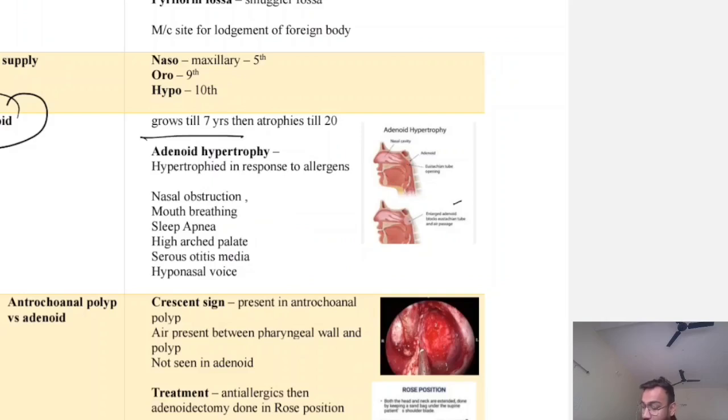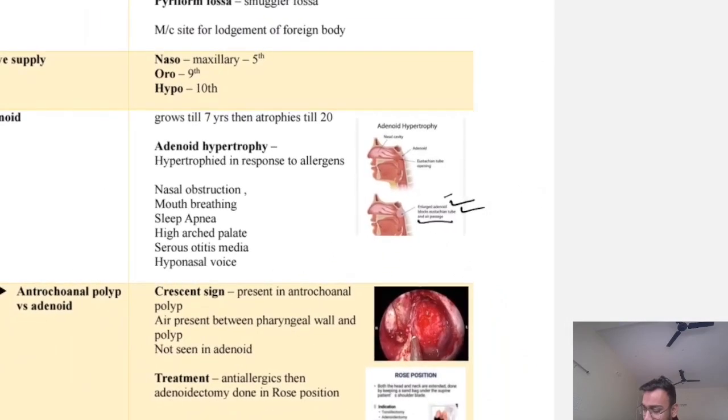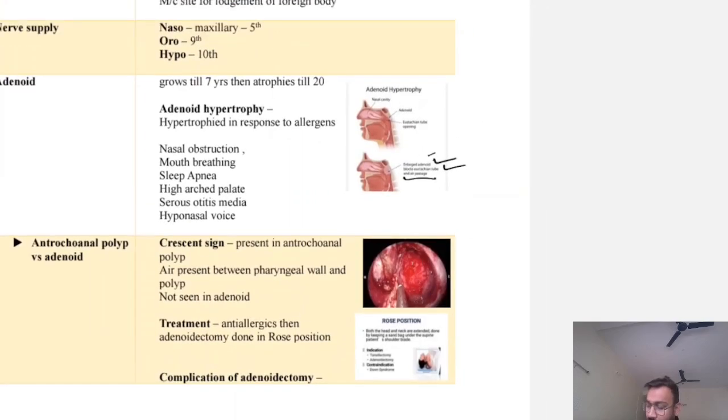So what is the adenoid? Adenoid grows till 7 years of age, then it atrophies till 20. It is a normal phenomenon. Okay. In case of enlarged adenoid, it blocks the eustachian tube and the air passage. Okay. So this is adenoid hypertrophy. So you have to understand in adenoid hypertrophy: nasal obstruction, mouth breathing, sleep apnea, high arched palate, serous otitis media,